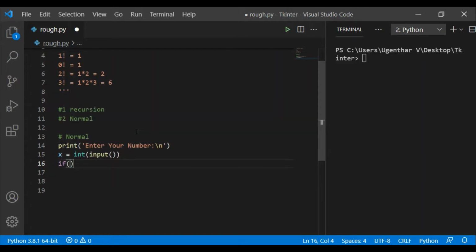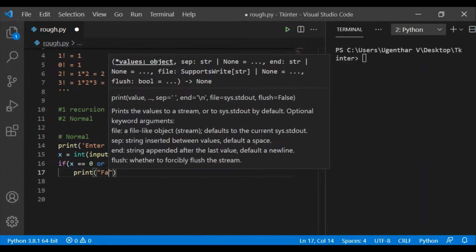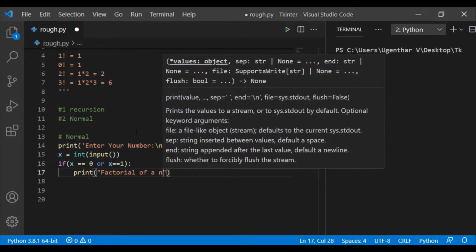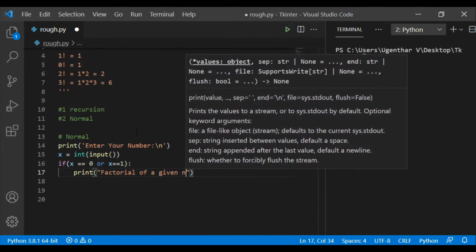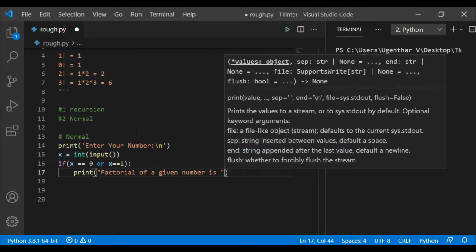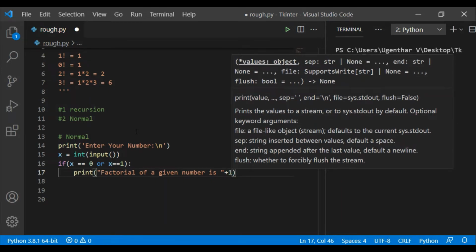If the input is 0 or x equal to 1, then print "factorial of a given number is 1".